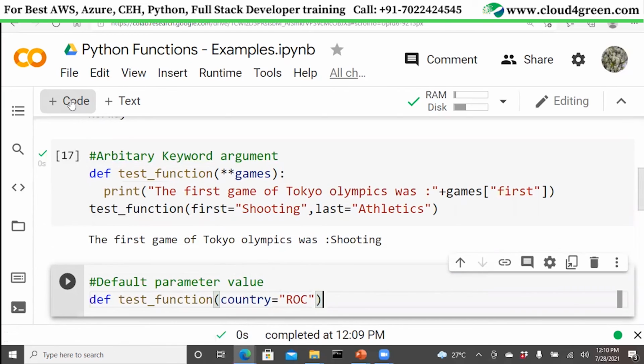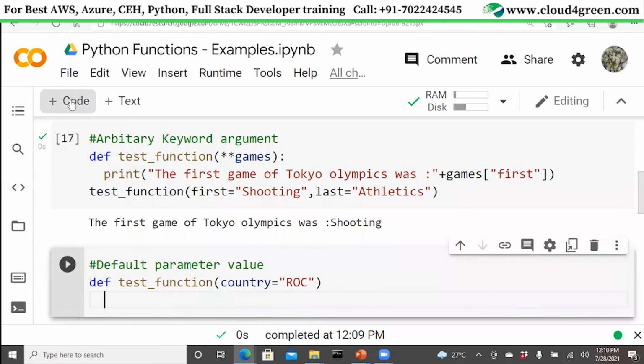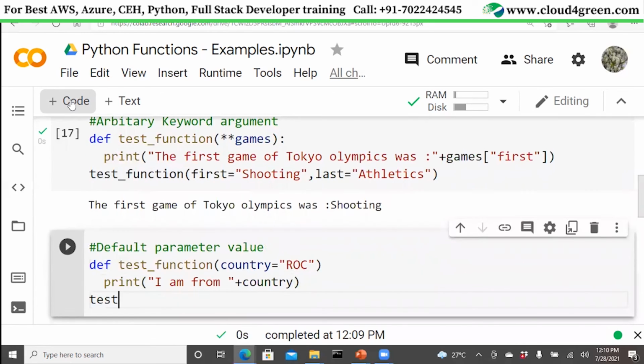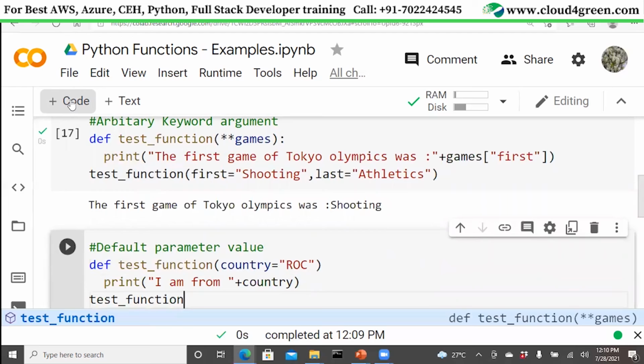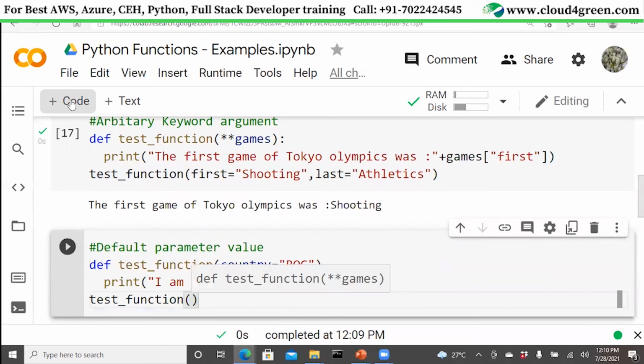I'm writing country equal to ROC, and I'm going to be printing a value. I am from, and I'm going to be printing whatever is the value of the country.